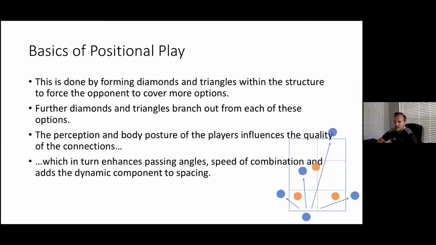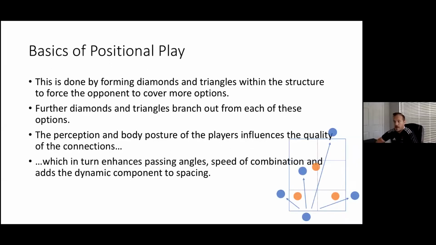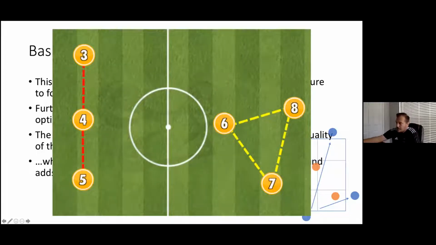And again, the little details as you get further into it, in this style of play, is obviously you start talking about the individual positional play, which is what's the surveillance, what's the sort of awareness of the players, what are they taking in information with their eyes around them, what's their body positioning, and that's influencing how good these connections are, how good these situations are. And the players then adjust based on this information, their passing angles, they know they can combine a bit faster, all these sorts of details that you can get into individually once you add in the fact that you're starting to develop these little bit more efficient positions, okay?